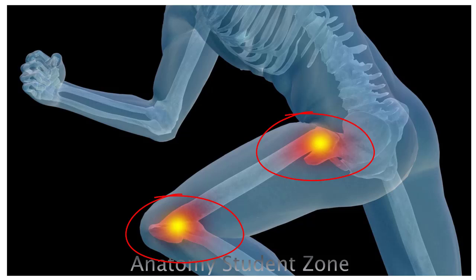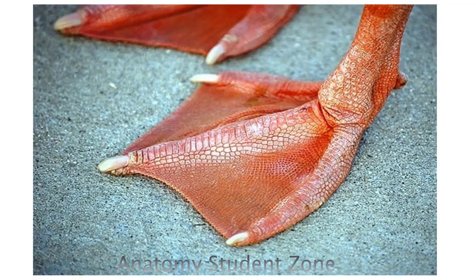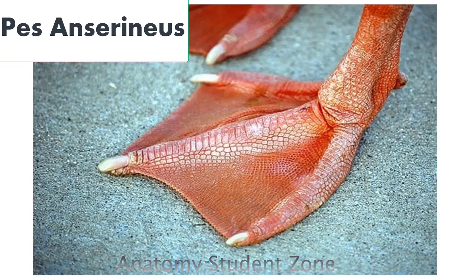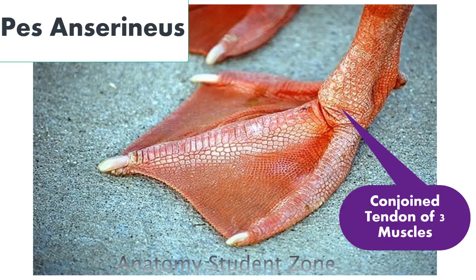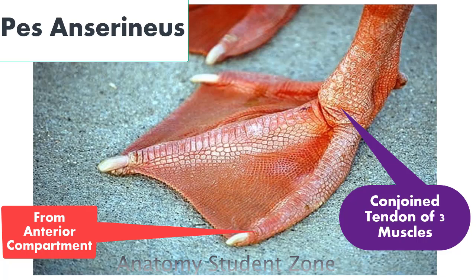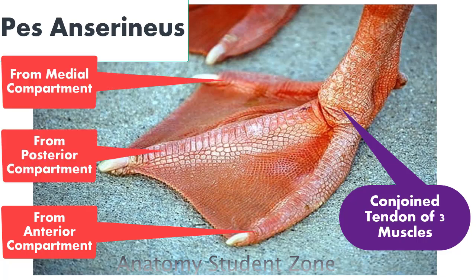It means when we see its distal attachment, it will not be on femur because after a femur we are going to cross knee joint and then we are having other bones. So sometimes in exam a question is asked about pes anserinus or a goose foot. So pes anserinus you have to answer it is a conjoint tendon of three muscles of a thigh, and these are all muscles of thigh. And these are three muscles which are belonging to different compartments of thigh. One muscle is from anterior compartment, one is from posterior compartment, and one is from medial or adductor compartment. But these muscles from different compartments are having common attachment.